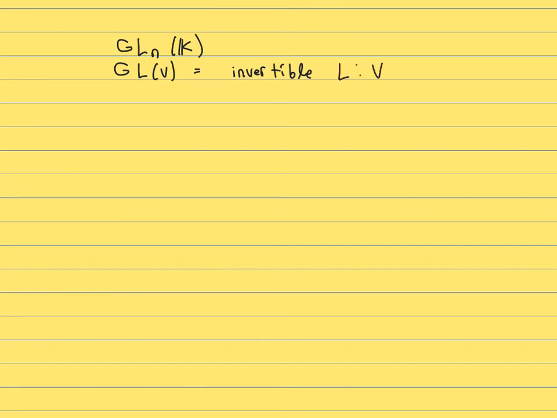Invertible linear transformations from a vector space to itself. This also forms a group under composition. And so what are the relations between these two things? Well, if you have a vector space and a linear transformation, if you fix a basis for your vector space,